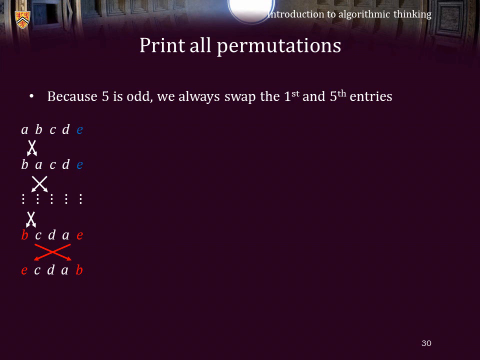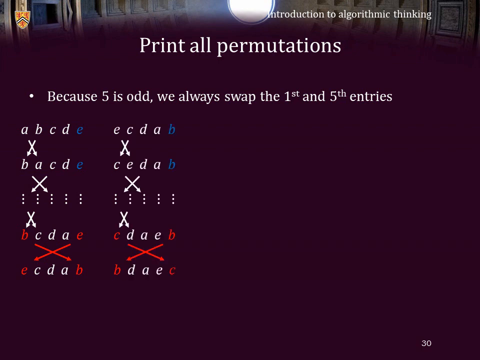So because n=5 is odd, we are always swapping the first and fifth entries. So suppose we perform all permutations of the first 4 entries of A, B, C, D, E. We then swap the first and last entries. Using that as a starting point, we perform the same